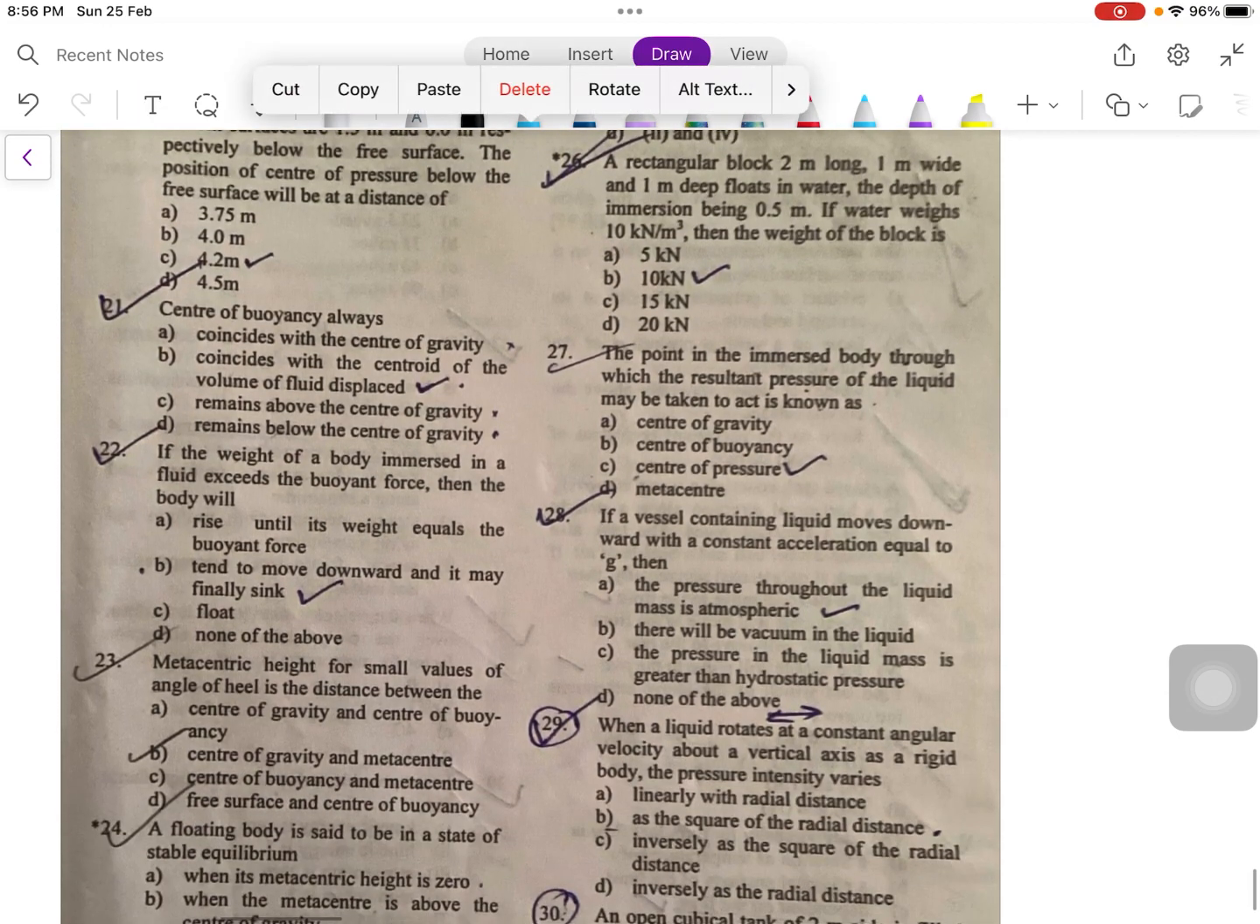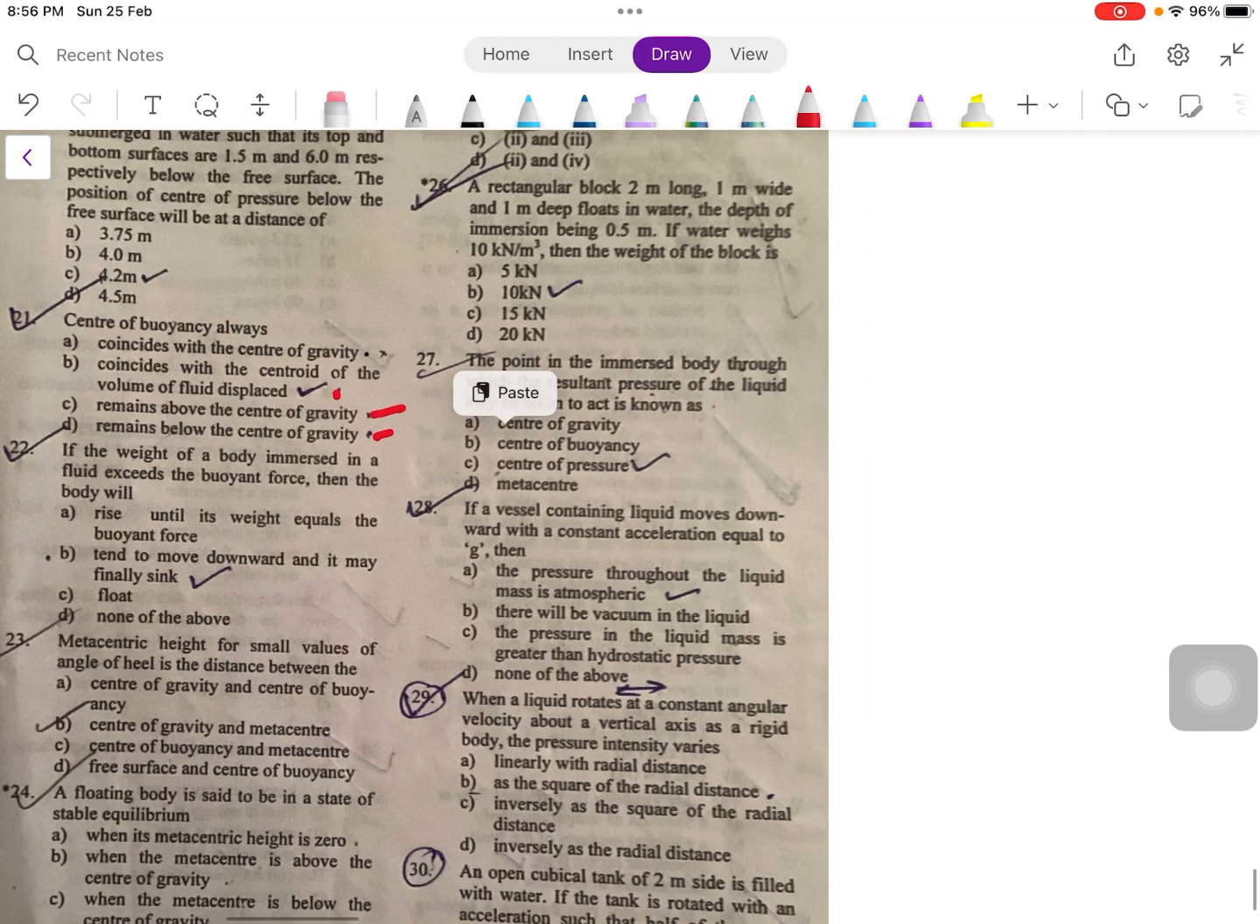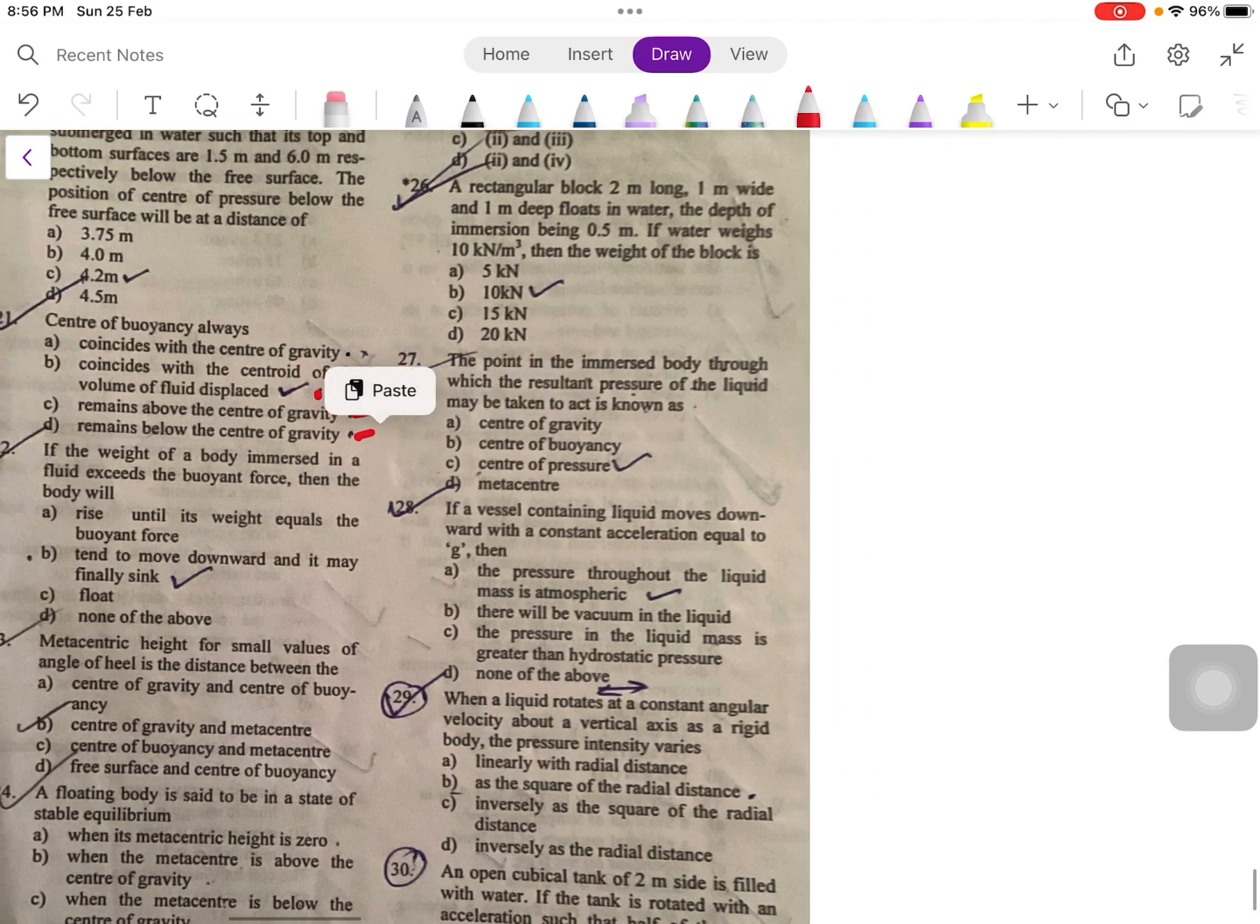center of buoyancy always coincides with the center of gravity, or coincides with the centroid of the volume of fluid displaced, remains above the center of gravity, or remains below the center of gravity. All right, so first of all we must know that when a body is, say,